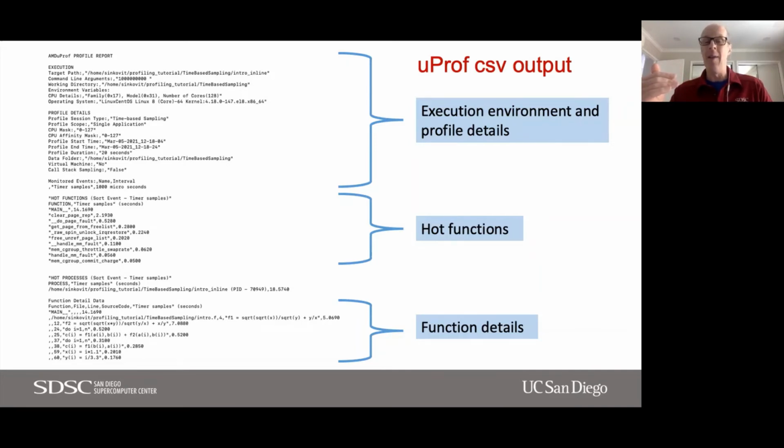And this is a lot like the flat profile that you get with gprof. It will give you a listing of the functions, in order from top to bottom, that are using the most time. And then you'll get function detail information. And this is where it gets a little more fine-grained, and it tries to assign CPU usage to individual lines of code.